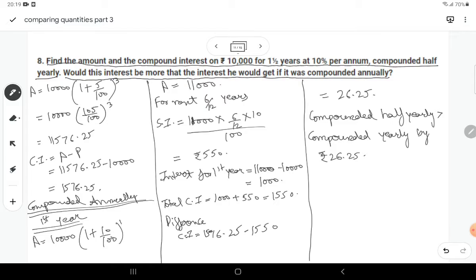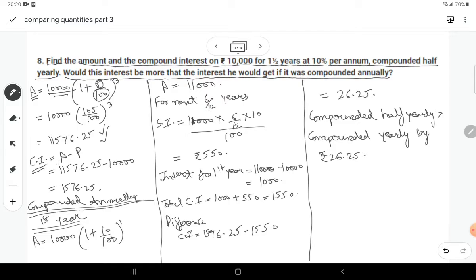So putting the values in the compound interest formula, amount comes out to be equal to 10,000 into 1 plus rate of interest would become half as it's compounded half yearly, so 5 upon 100 raised to power 3. On solving this, we get the value as 11576.25,